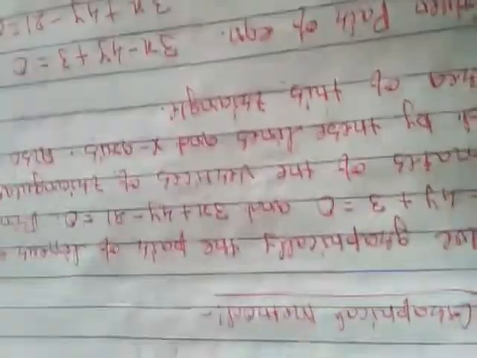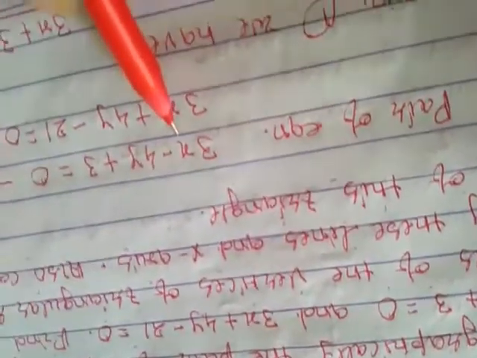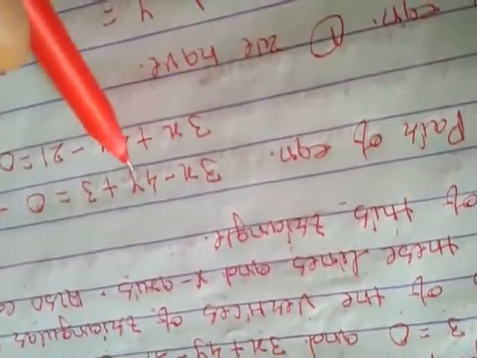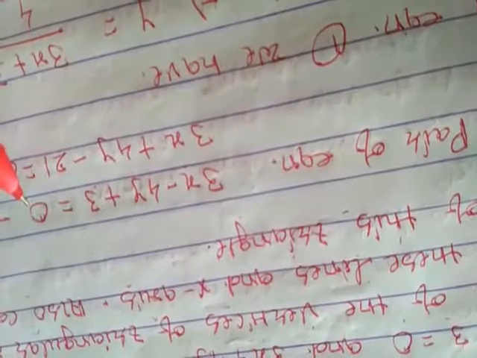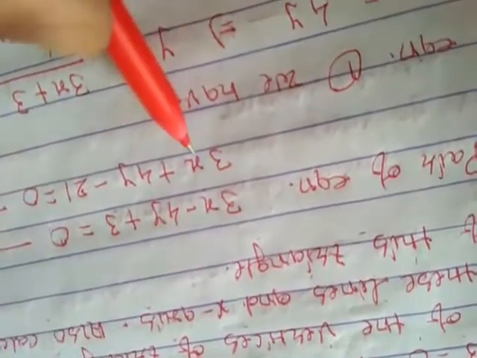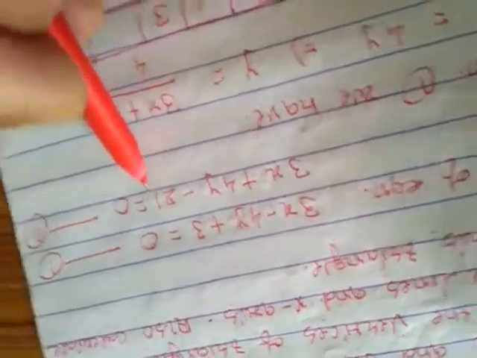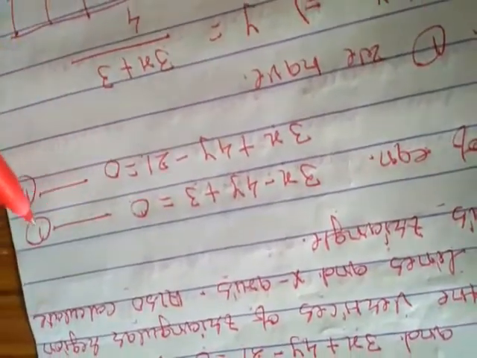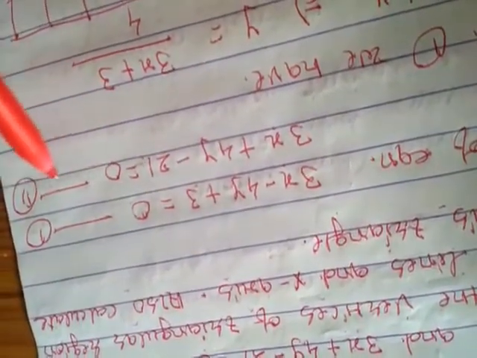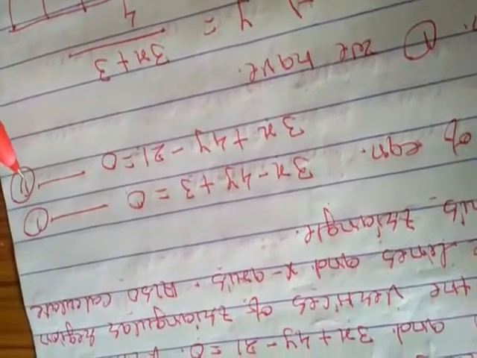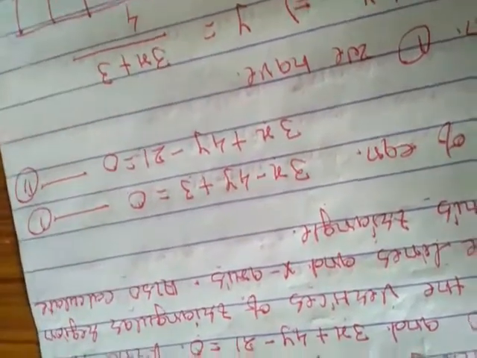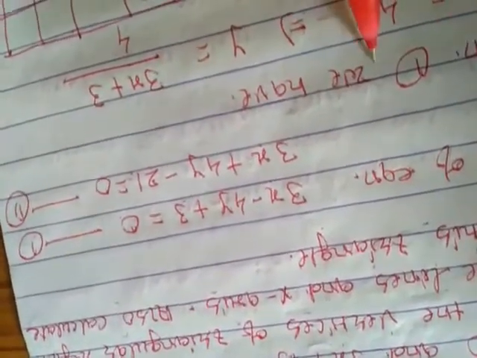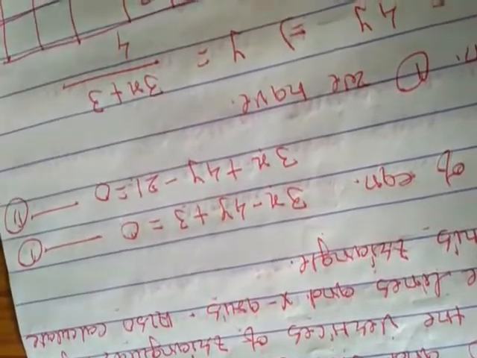Now children, the given equations are 3x minus 4y plus 3 equals 0 and 3x plus 4y minus 21 equals 0. Assume this one is the first equation and this one is the second equation. Now from the first equation, we can write